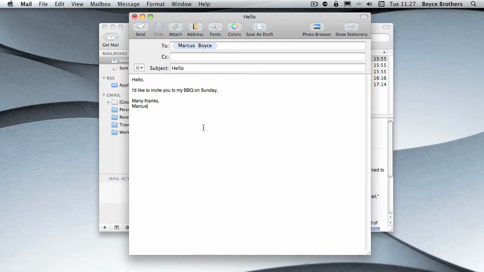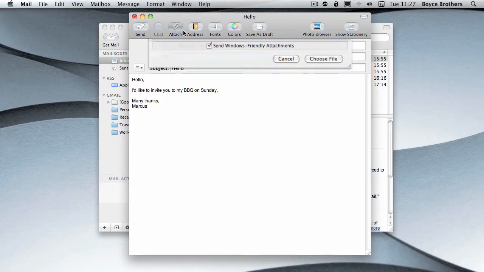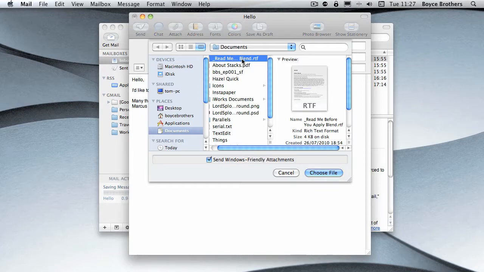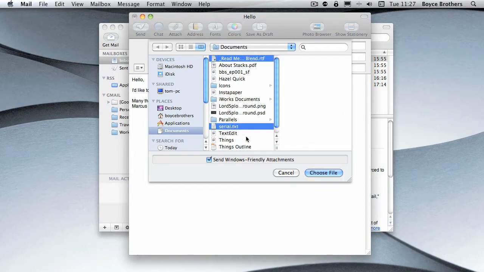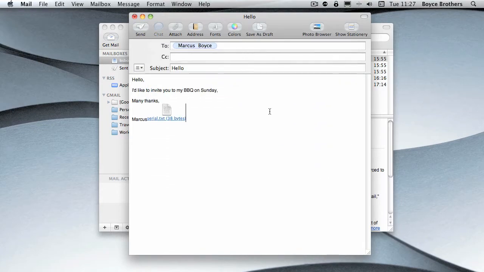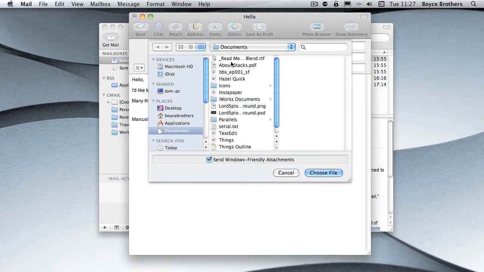Simply select behind the document that you've attached and press backspace. That will delete the document that you've attached. You can attach more than one document to an email. To do that, you can either choose one file at a time and then do the same again,